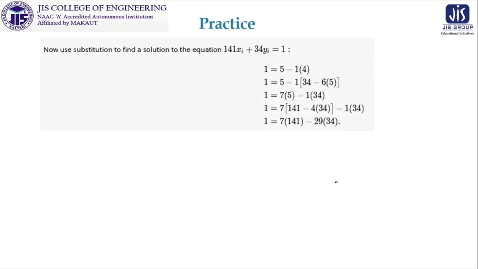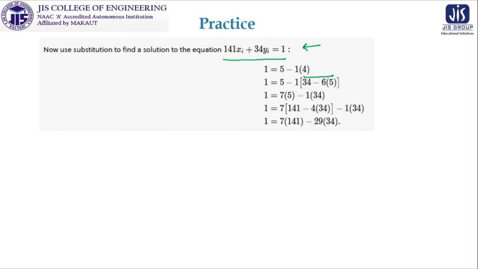So what is this? Look at this. Our target is to find first the solution of this one, where this is the GCD of 141 and 34. So we can start according to the last slide. 1 is equal to 5 into 1 minus 1 into 4. Then this 4 is represented in terms of 34 and 5. This process is elaborately discussed in the class on the Euclidean algorithm, so I am not emphasizing it very much. Rather, our target is to go for Diophantine equations and their solutions, and obviously the applications. And then 1 is kept as it was because our target is to move into this particular part.